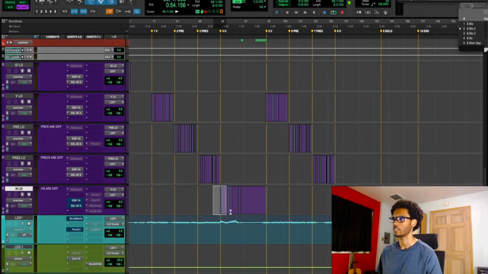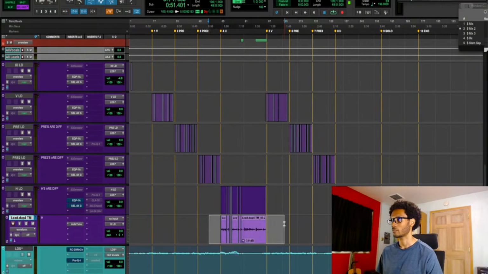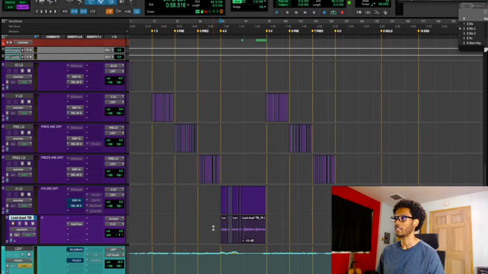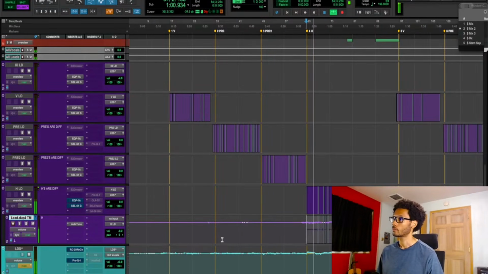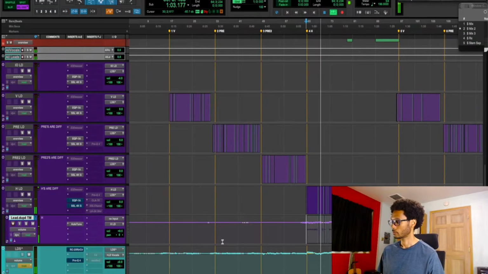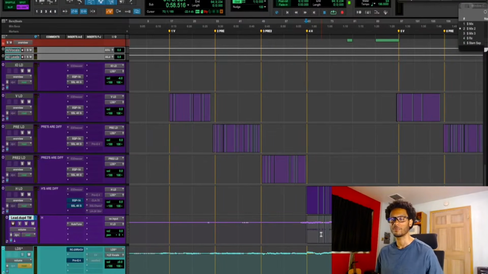I've turned the automation off, but I've done a lot of that maximization with automation. So if I turn the automation back on to read, then we get that personality with some of the automation, how we've brought his performance to life naturally. We just leaned in more to his performance with automation, which is impossible to do with a compressor or any plugin. On the "yeah, I said it," making sure that hits properly for how he says it.